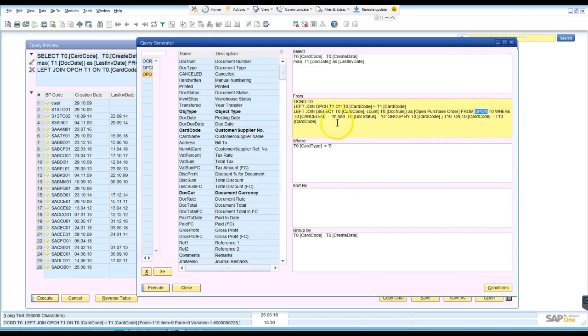Okay, so we do that, and then we have a field which we have called open purchase order. So we'll copy that, and we will put that in here as T10 open purchase order and a comma. Actually, I'll tell you what, we'll just put it in after the last field that we had there. So we'll just cut that and put in